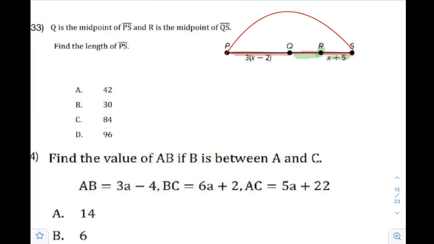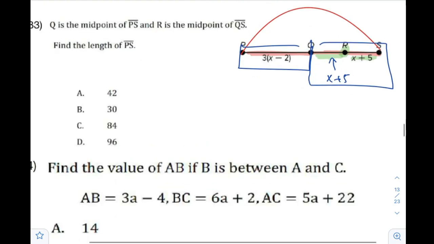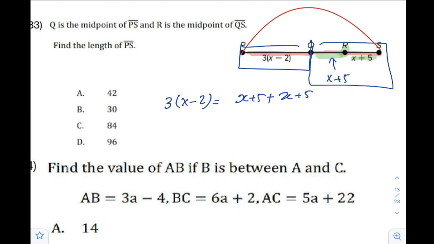So directly, before we forget, you can say that this is exactly equal to that, and this part totally equal to this part totally. Right? So that means 3x minus 2 is equal to x plus 5 plus another x plus 5. And when you distribute,